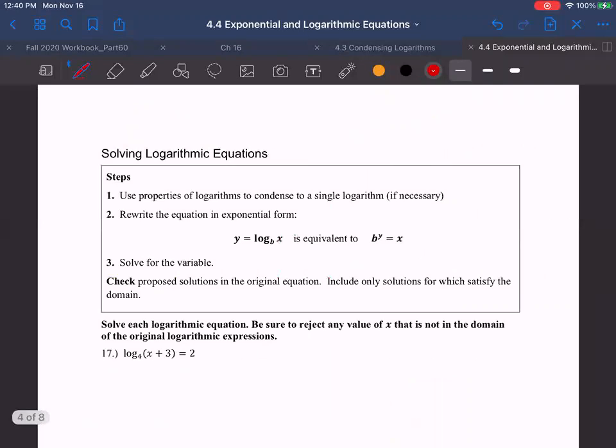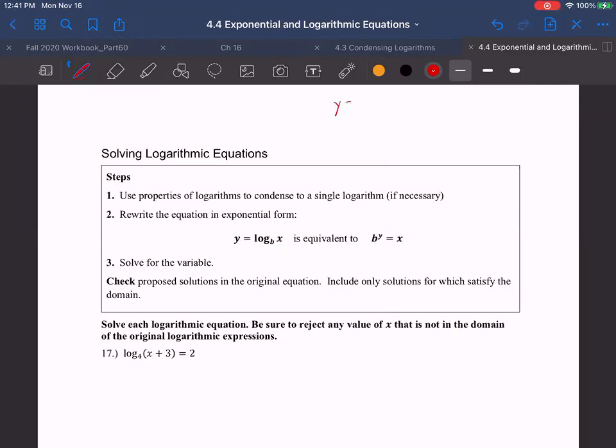All right, so now back to this. What if we don't have an exponential, but instead we have a logarithmic? Well, that's where you're going to use this whole switch them around kind of thing. If you don't like thinking of the switch around, where you take the b and move it out and put it to the y power and then it equals x, where we're just rewriting in that form,